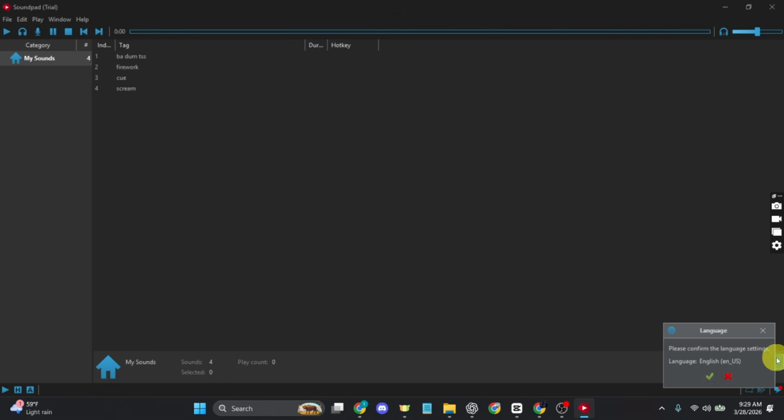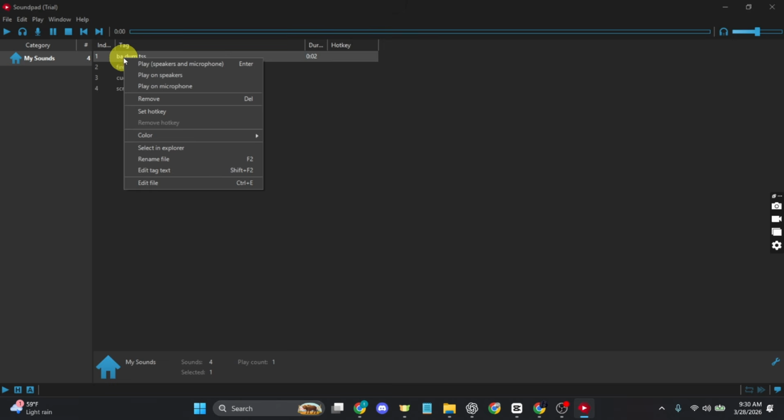Just confirm your language settings by clicking on OK. And basically, this is the interface. On the left side is where all of your sounds will appear. And at the beginning, you might see some sample sounds. You can keep them or delete them. It's completely up to you. Just select the sound effect, right click on it and click on remove if you want to remove